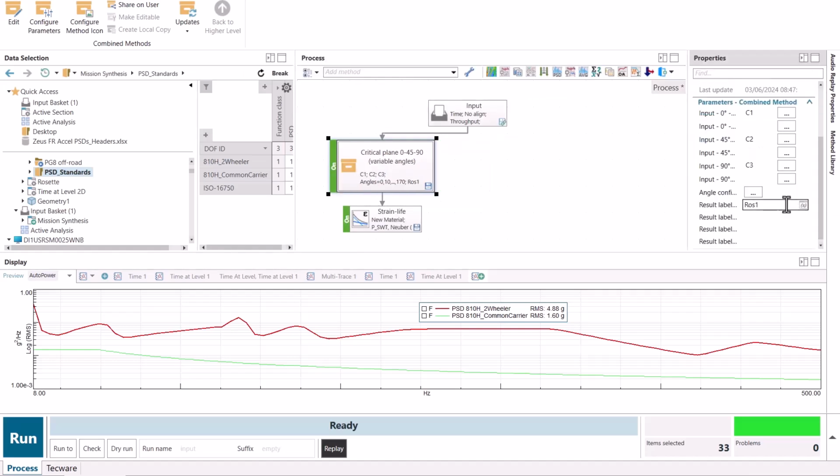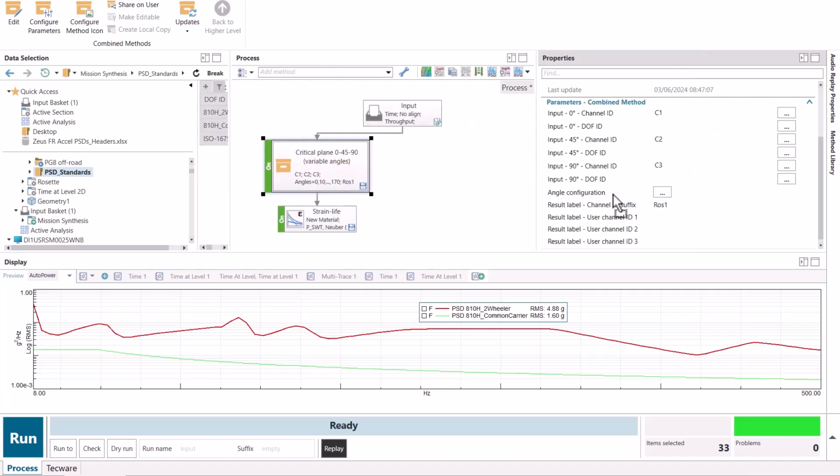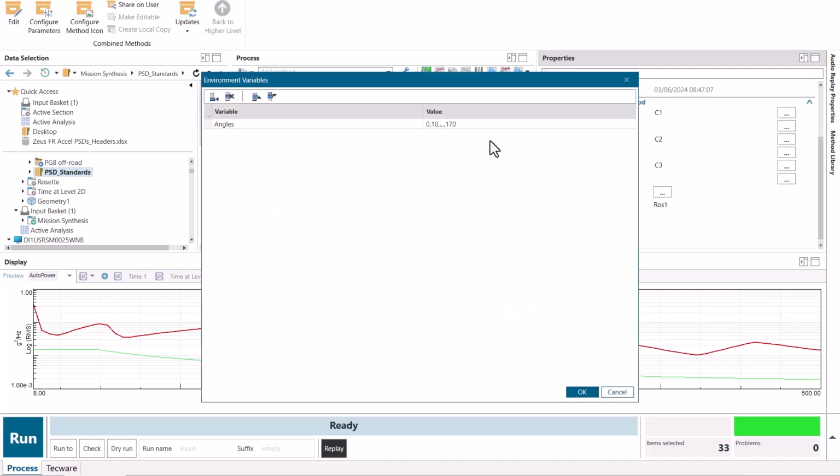So in this critical plane method, if I look at the properties, I can choose this angle configuration. That's one of these little menus here under properties, and I can enter different angular values. In this case, we are calculating angles from 0 to 10 and then incrementing by 10 all the way up to 170. I could use an arbitrary set of angles in here.